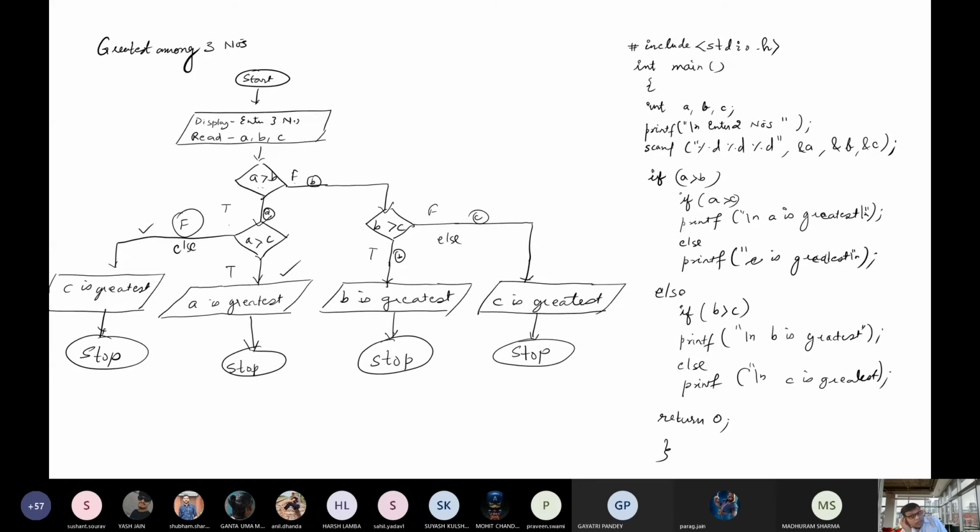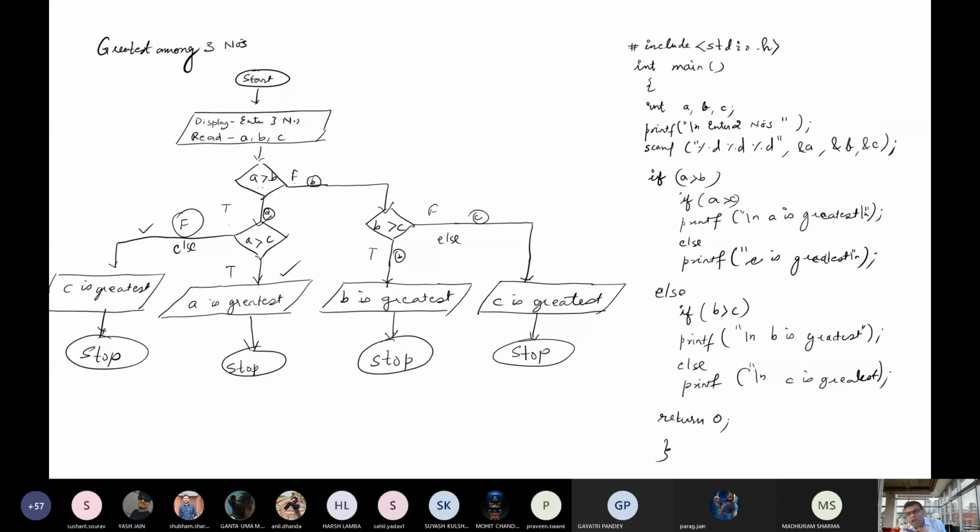Now you can see that the number of diamond boxes, jitne bhi diamond boxes hai, the number of diamond boxes is equal to the number of if statements. Correct or not? And the number of false equals the number of else. Clear?